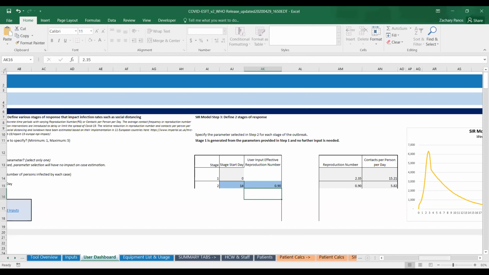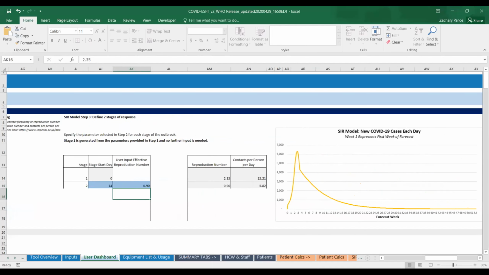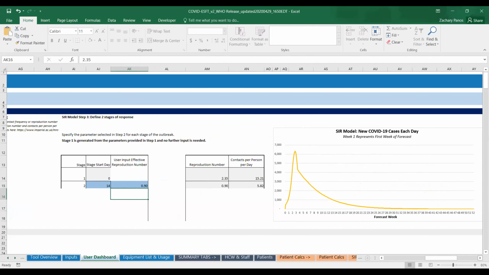And you could see how this affects the projected number of cases in the graph that's being displayed again to the right. And so in this way, a user could change the different parameters of transmission and, as closely as possible based on conversations with government or other local stakeholders, they could then gauge what may happen over time to better try to estimate the number of cases being projected and hence being quantified for in terms of essential supplies, which is of course the main purpose of this tool.